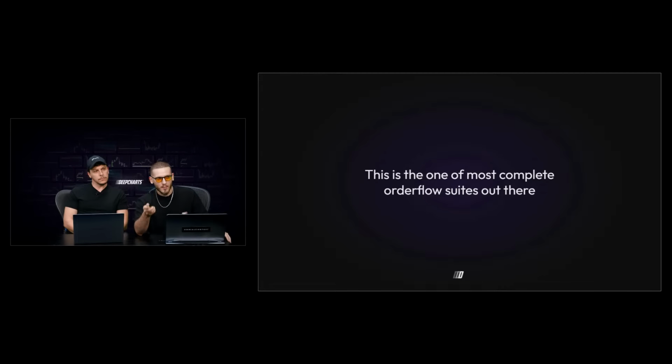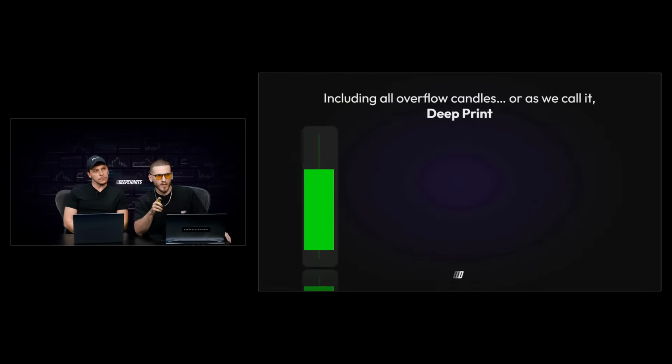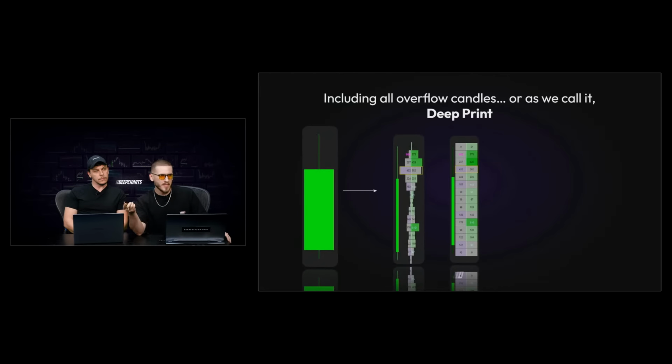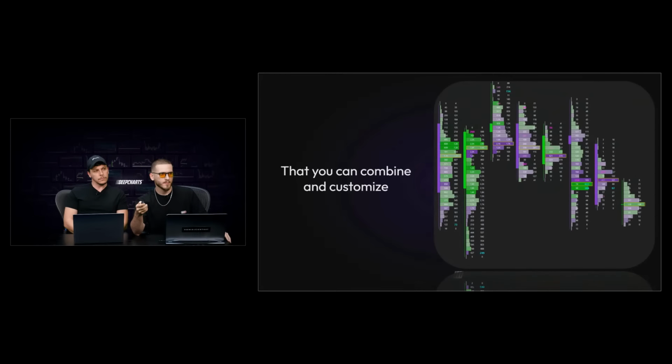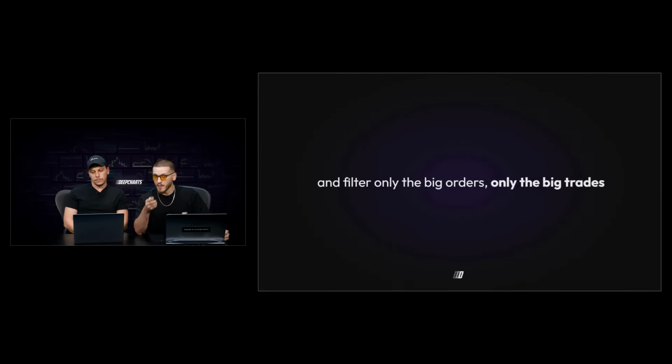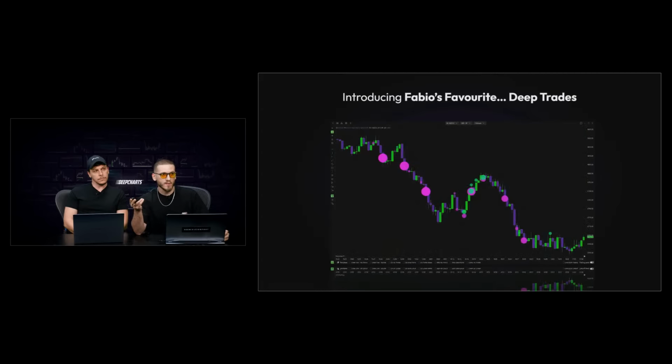So we're talking about one of the most complete order flow suites out there, including all order flow candles, or as we call it, Deep Print, also known as footprints. In all sorts of sauces: bid-ask footprint, bid-ask volume with boxes, volume profile footprint, delta footprint, all of them, we got them. And you can combine them to analyze and customize in very different ways. But you can make it even simpler, as I said, and filter only the big trades, only the big ones. Introducing Fabio's favorites, Deep Trades,